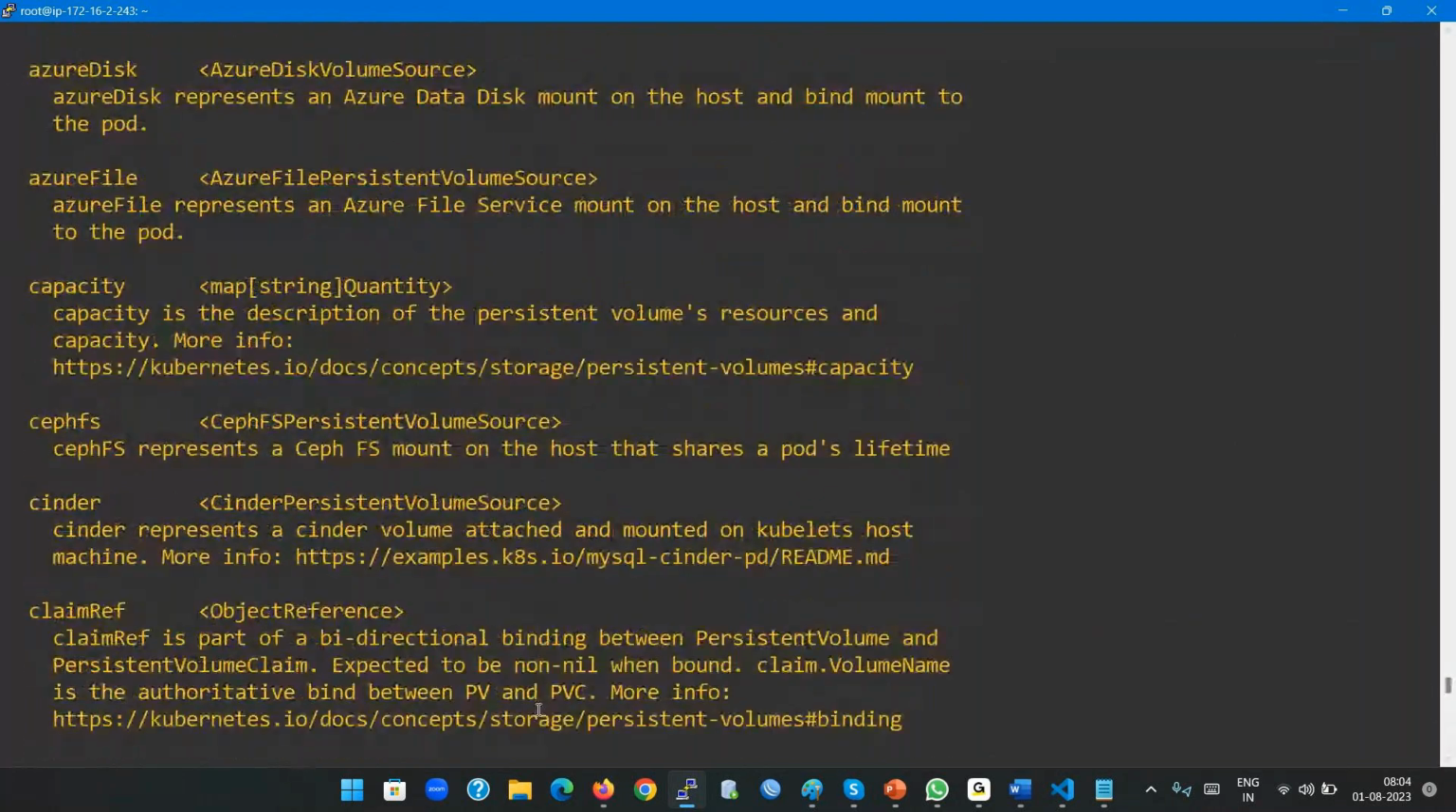There you go. Reference is a part of bidirectional binding between the persistence volume and the persistence volume claim. Expected to be non-nil when bound. Which means that there is an interconnection between the volume and the volume claim. If the persistence volume is there and the claim, which was previously bound, is not there, then the persistence volume will say that I am unable to find the claim. I am unable to find who is going to take the data,